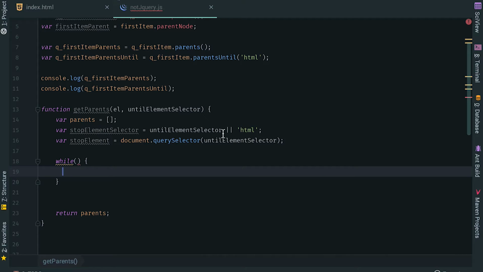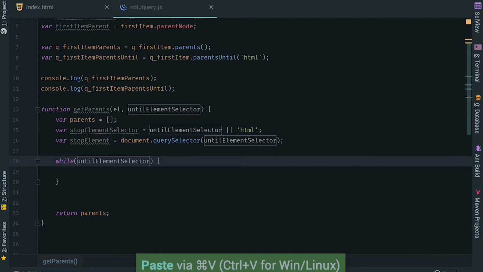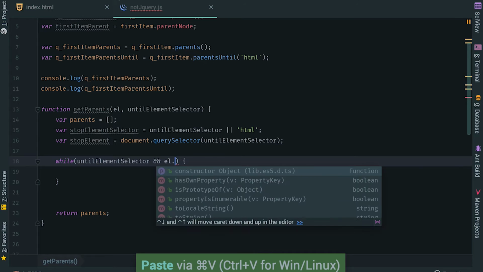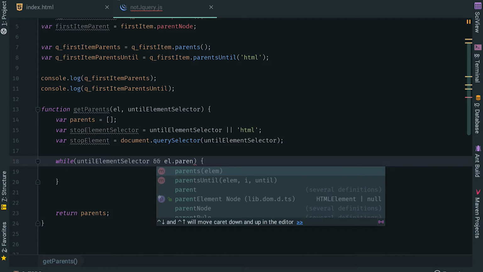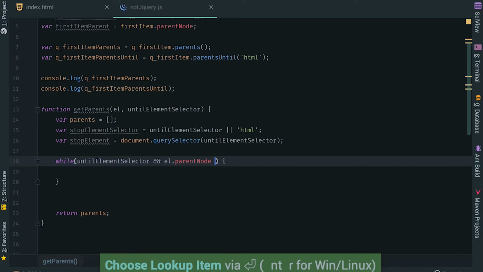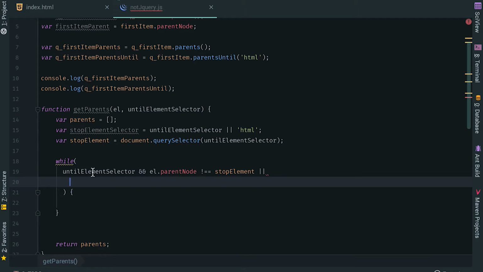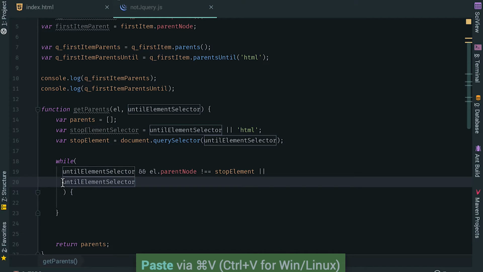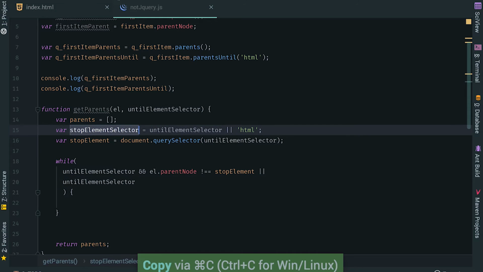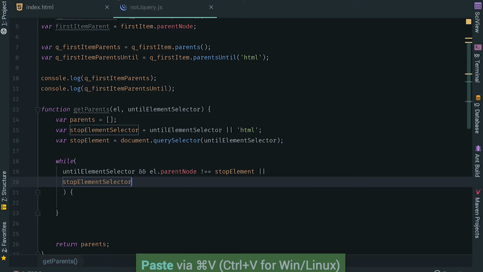In this while loop, the condition is: first I want to check if they give me a selector and the element's parentNode is different than the stop element. I'm going to have two conditions here. This will cover if they give me this, and I have another condition for if they don't give me a selector, meaning they just want the parent. So I'm saying if there's no until element selector,